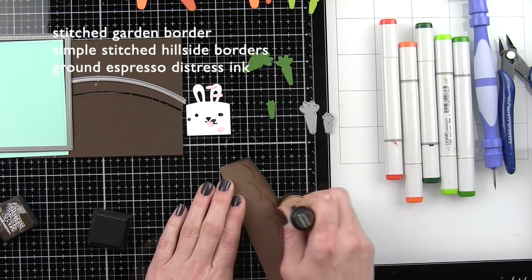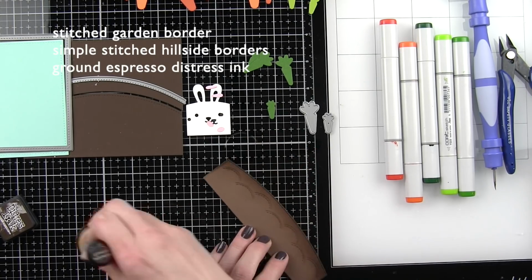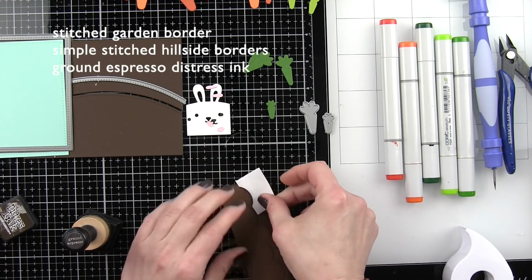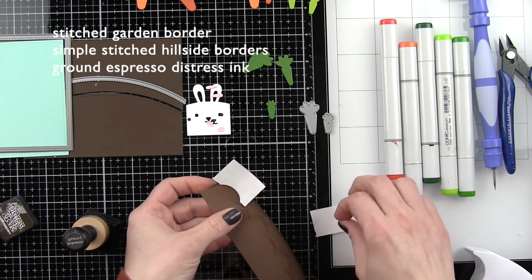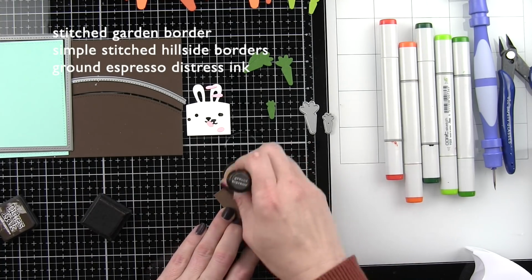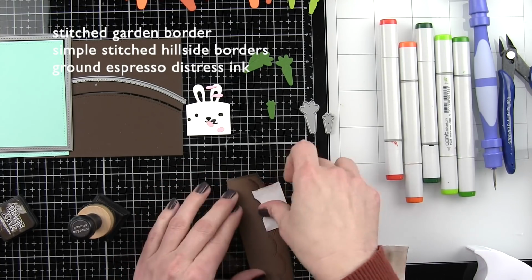Not only is this great for spring and Easter, but I opted to not use Easter sentiments and instead made this more of a fun little punny play on words with the sentiments I'm going to use. I love the stitched garden border. You could make a flower garden, a vegetable garden, whatever you want to do with this, but I am going